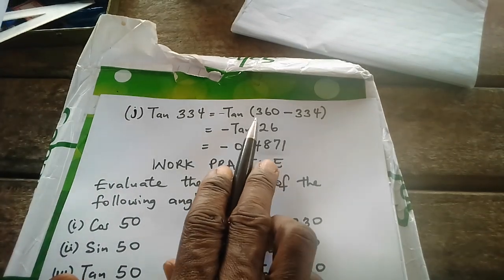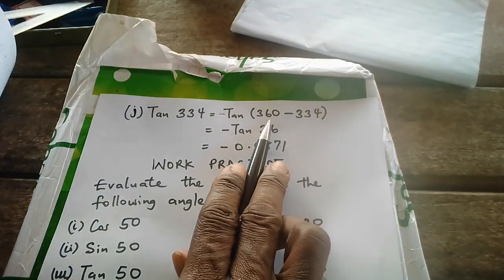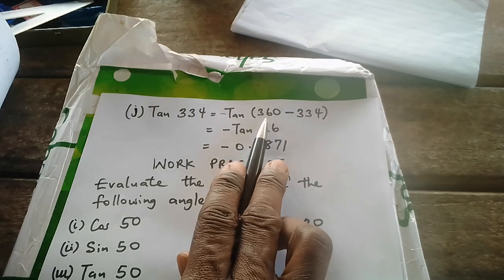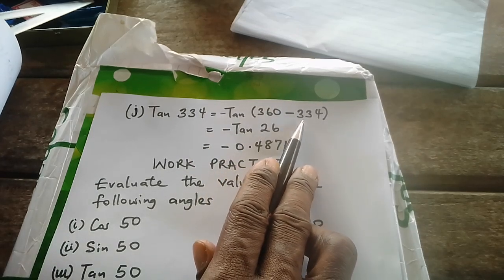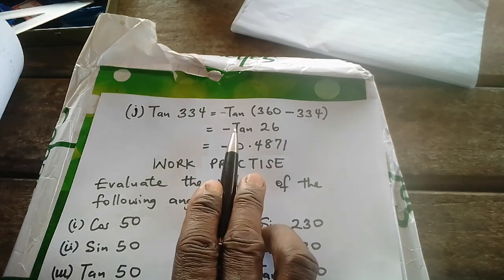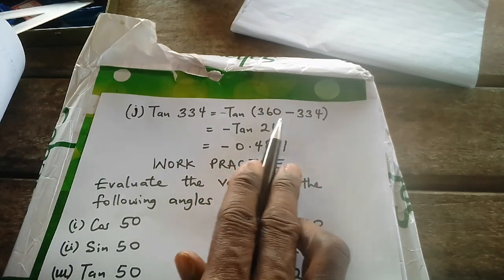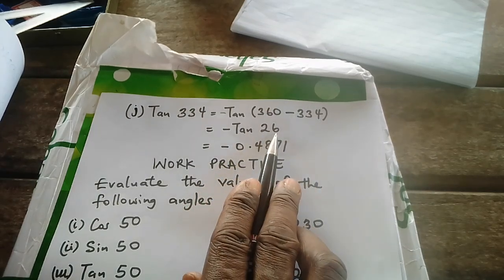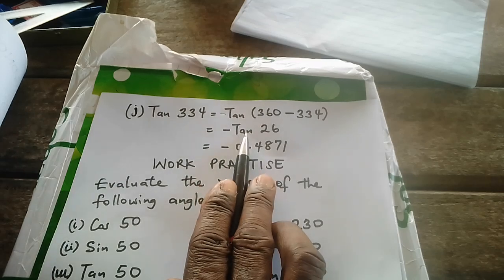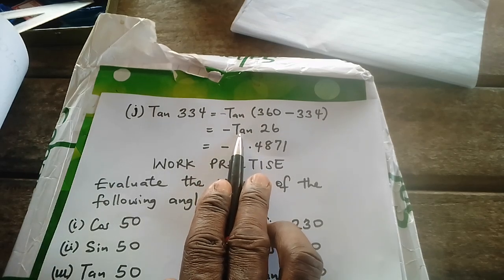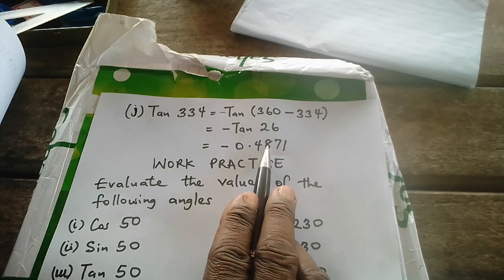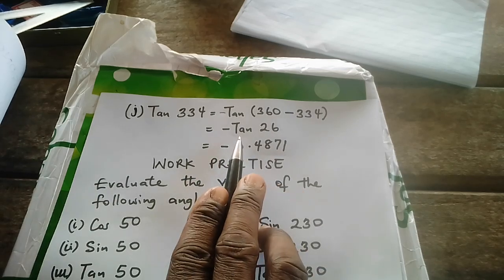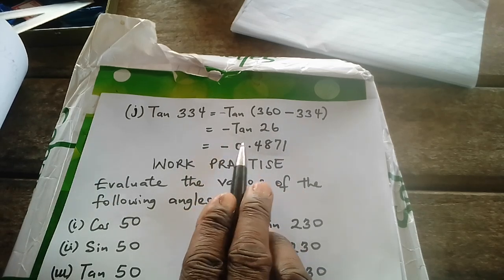So the equivalent of 334 in the first quadrant will be 360 minus 334. 360 minus 334 is 26. So you now look for the tan of 26, which is 0.4871. So in the fourth quadrant, tan is negative. It's going to be minus